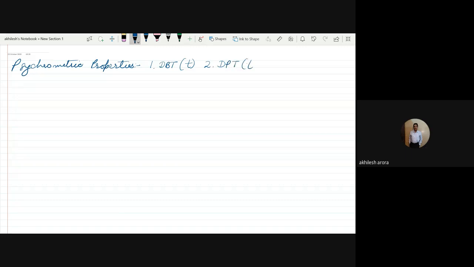It is denoted as TD. Number three, we talked about specific humidity. It is also known as moisture content, also called humidity ratio,